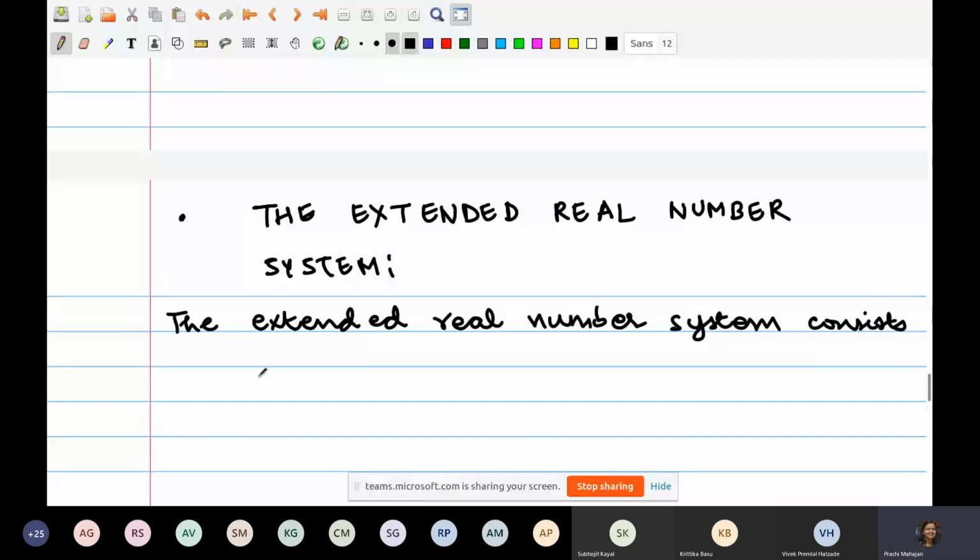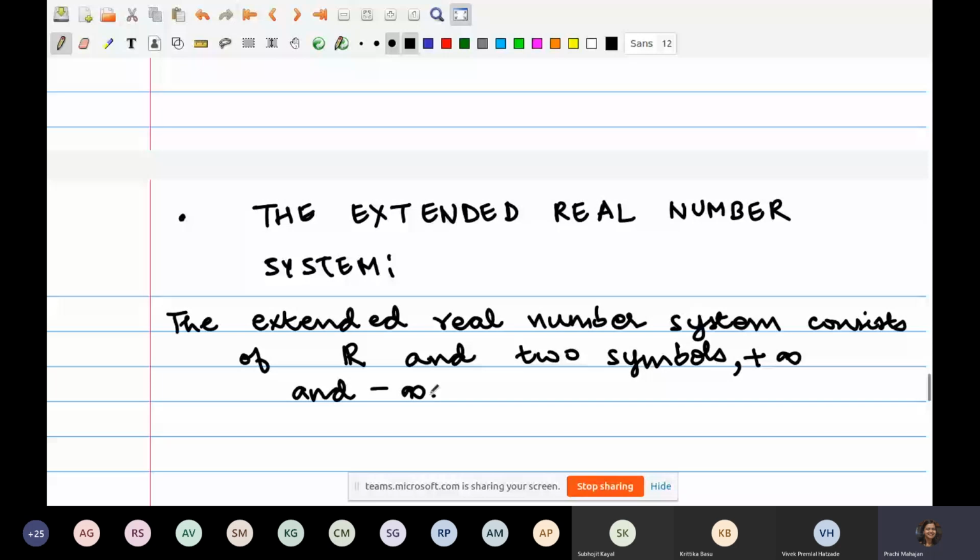R, we said R of real numbers. So it consists of R and two symbols. I'm just going to use two symbols. So what is the symbol? I'm going to make sense out of it now. As of now, they are just notation, right? So how do we define the meaning of these two symbols?